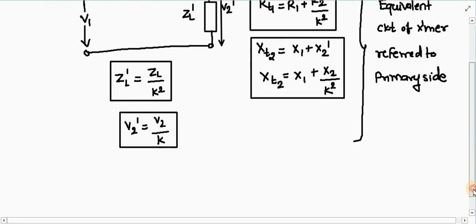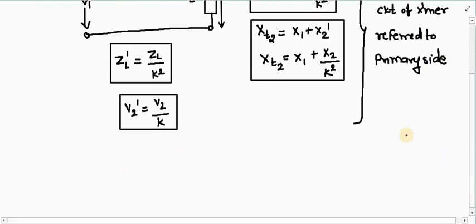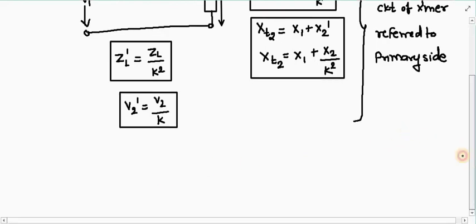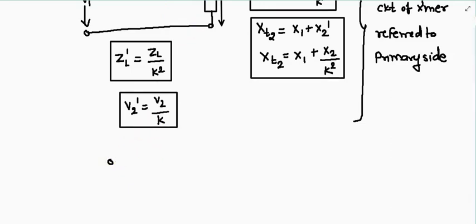Now, let us draw the equivalent circuit of the transformer referred to the secondary side. So, I have to transfer now the primary quantities to the secondary side. When I transfer my primary quantity, that is V1, to the secondary side, it will become V1 dash. First of all, I will draw the circuit, then I will mark all the quantities.